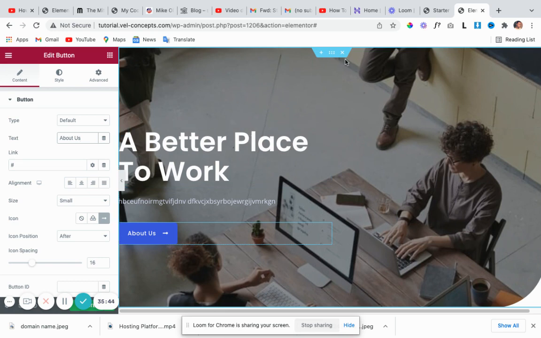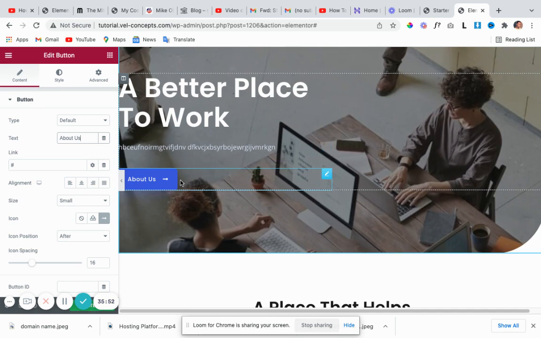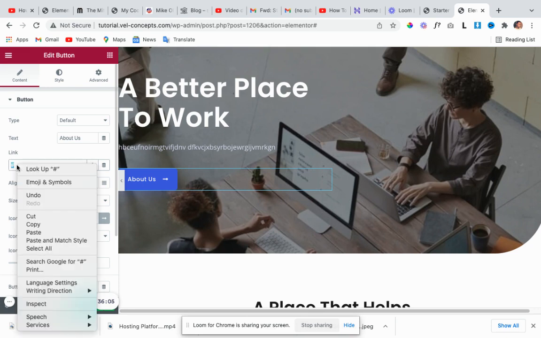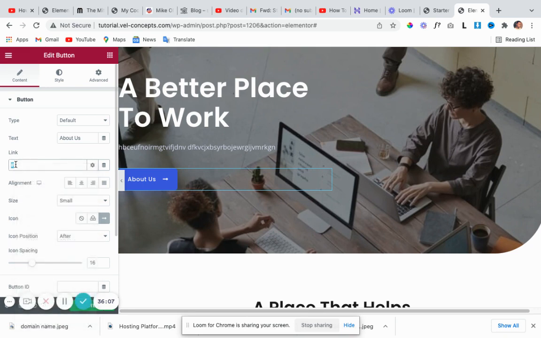Now we cannot see the header here. The header is actually hidden because you cannot work on the header when you're editing with Elementor, right? So now if you want this button to take you to the about us page, you have to copy the link to the about us page. You just come here, you remove this pound sign, this hash, then you click and you paste the link of the about us page,